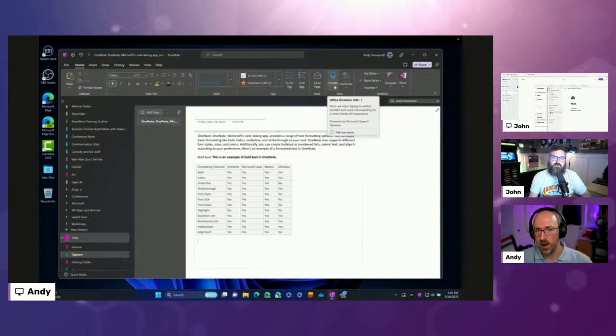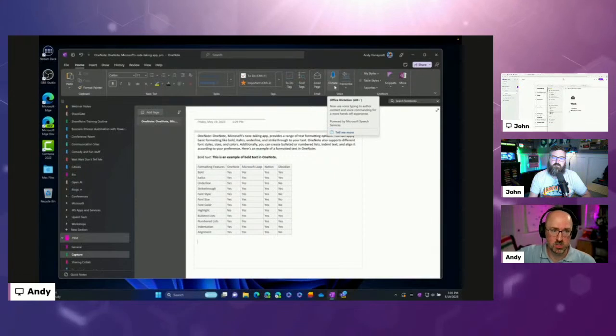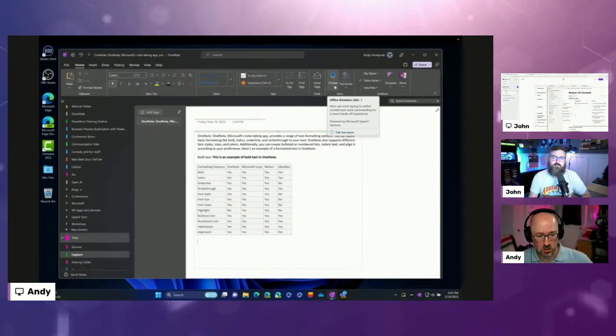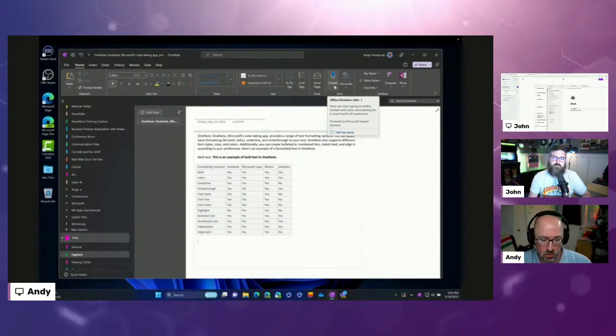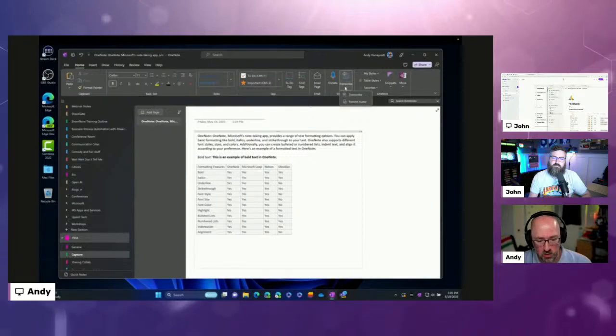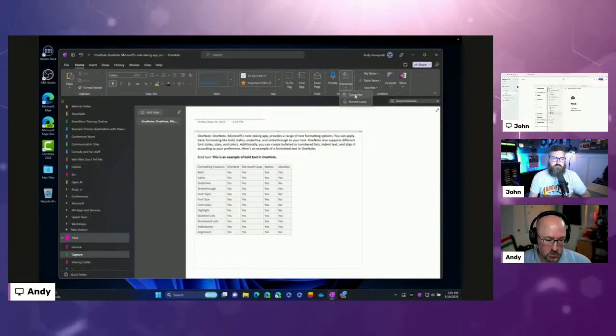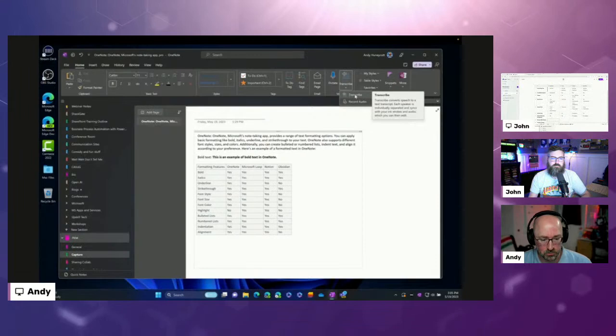I can't tell you how many things I've started drafting while walking my dog, using my iPhone and my AirPods, and just talking to the app to get things out of my head, to get over that blank page, to get things started, and then come back later and actually clean it up. So dictate's actually built right in, captures the audio, and you can go right away. And then you can record audio, but you can also transcribe that audio, convert that speech to text, and then you're going to be able to format it. So I like that feature as well.